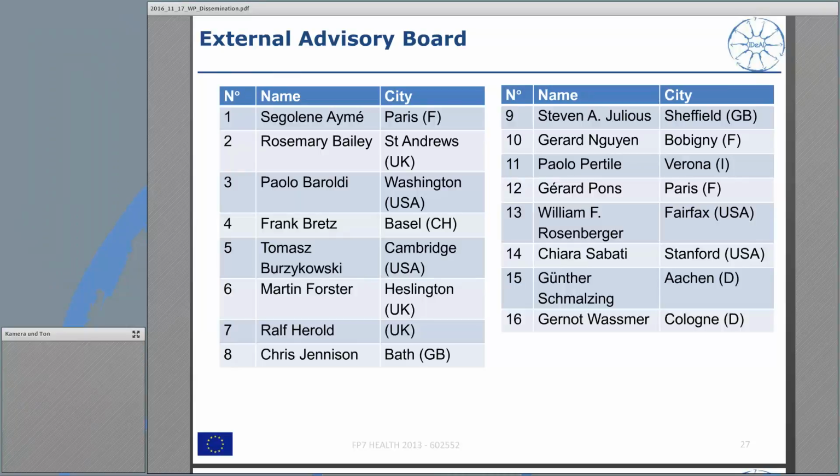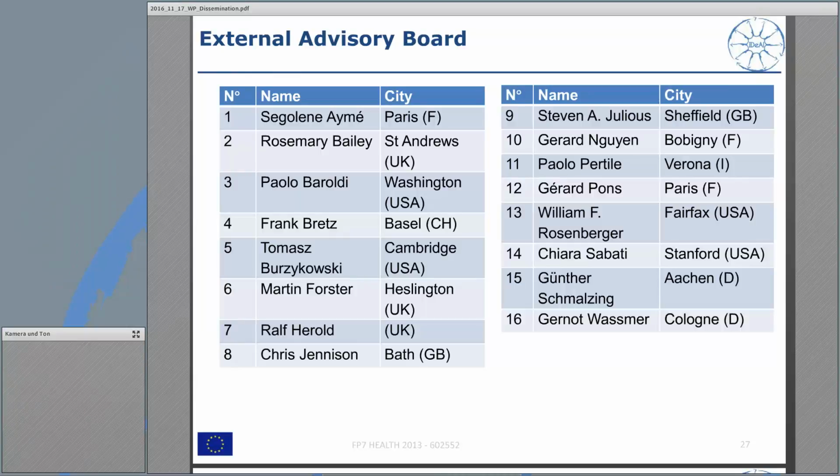And here you see the names: Ségolène May from Paris, Rosemary Bailey from St. Andrews University, Paolo Baroldi from Washington, Frank Braitz from Basel, Novartis pharmaceutical company, Thomas Brozikowski from Cambridge in the US, Martin Foster from Helsinki in the UK, Ralf Herod from the EMA in the UK, Chris Dennison from Bath University, Stephen Julius from Sheffield University, Gerald Nguyen, who brings the patient perspective to us, Paolo Pertile from Verona University,